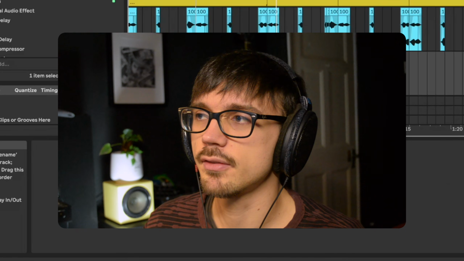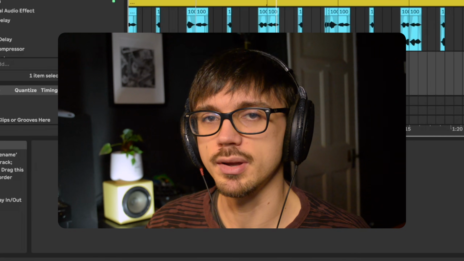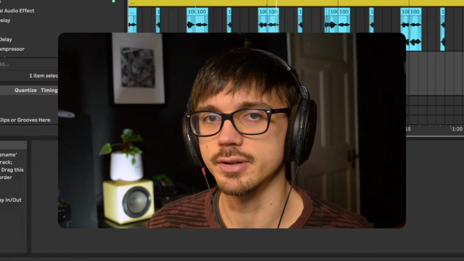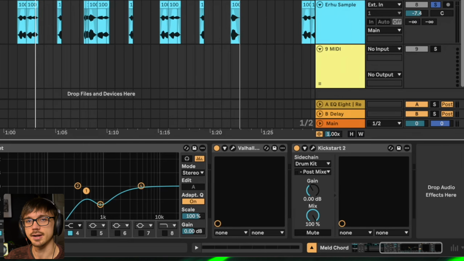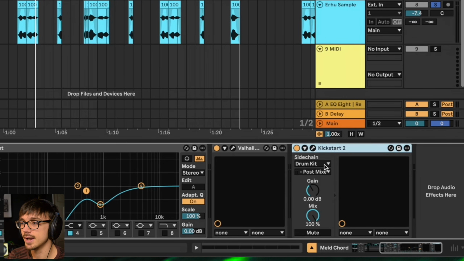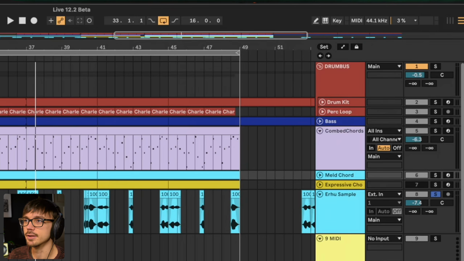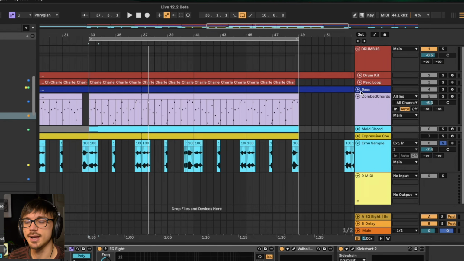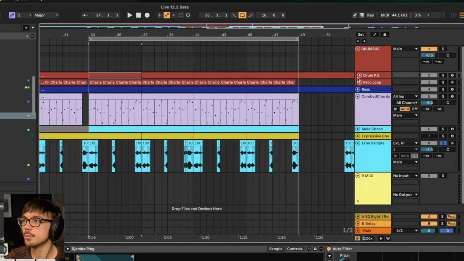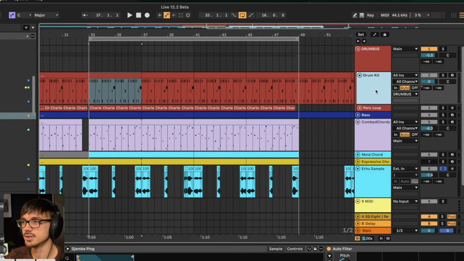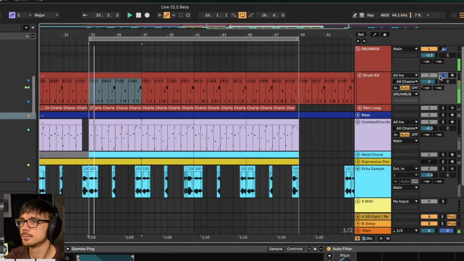Now, one of the only things I've come across that's a slight problem with this is sidechain routing. For example, I use Kickstart 2 for my sidechain compression quite a lot. So you can see on my Meld chord track here, I've got Kickstart 2 and it's being sidechained to the drum kit and then to the kick drum at the top there. If something like that is set up in your project and we go up to our sidechain trigger, which is this drum kit here,